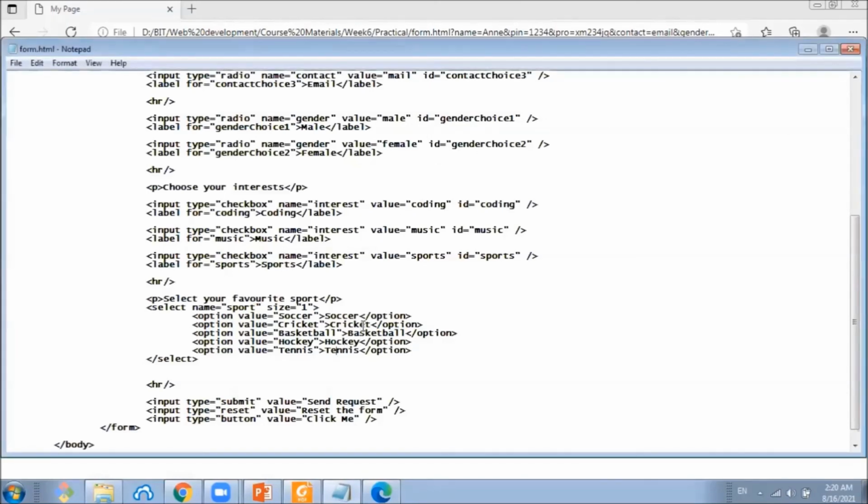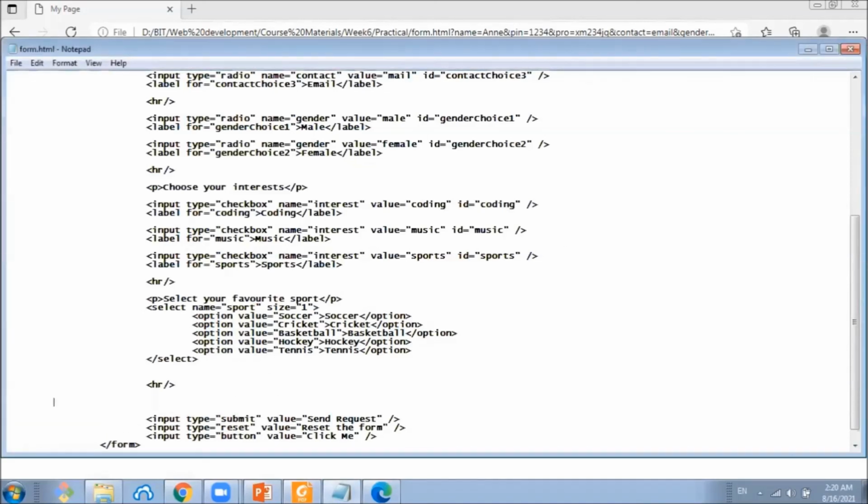Now let's see how we can add a text area that we can scroll and enter large text. The text area defines a multi-line text input control.